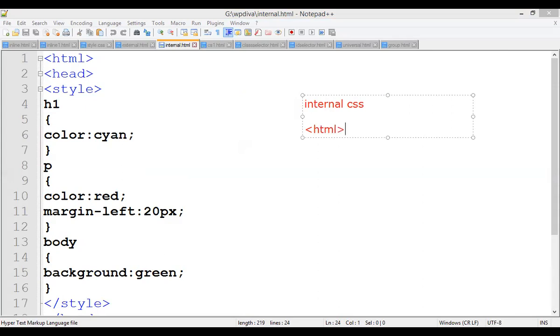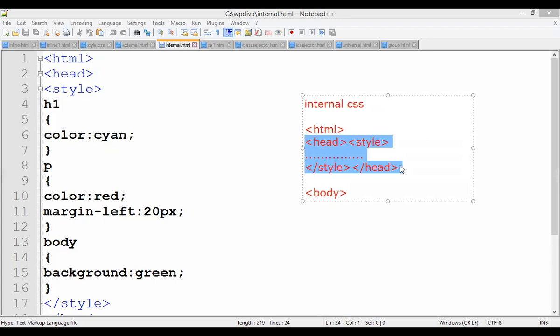It is the same file, but what are the rules? Inside the HTML, you form a head tag. In the head tag, you form a style tag. Here you will have a list of all the properties you want to apply to the tags. What properties you want to apply to the tags are written inside the head tag, again within the style tag. And then comes the body tag. So whatever basic part of code is there, you are going to cover inside the head tag.